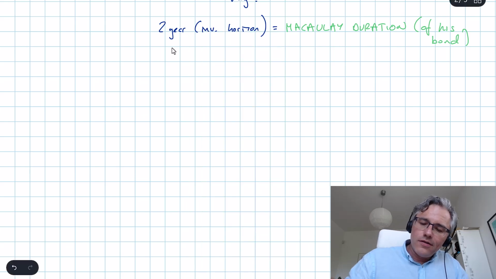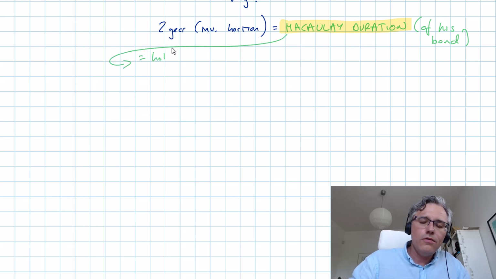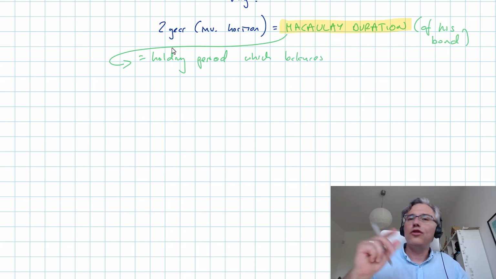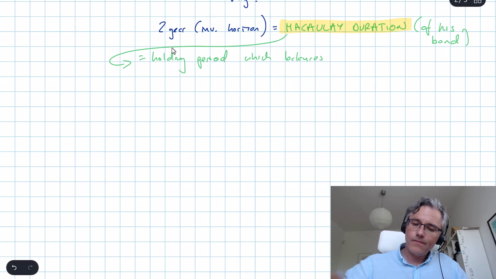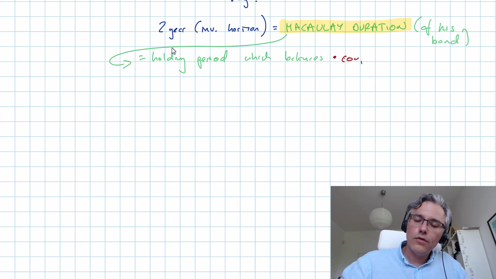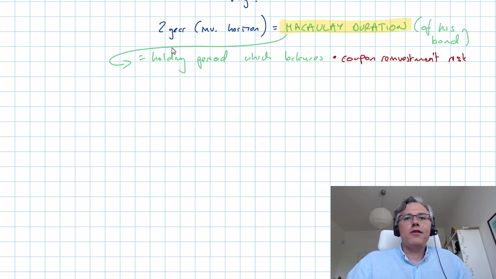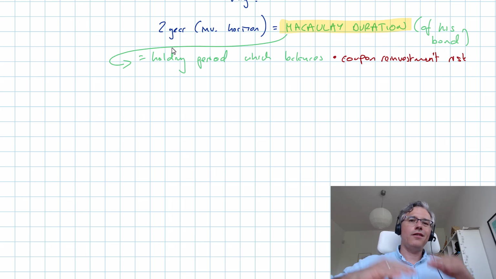Macaulay duration, so this thing is the holding period, or the investment horizon if you want, which balances the two elements of interest rate risk: the coupon reinvestment risk, the fact that when interest rates change, the coupon gets reinvested at a higher or lower rate,